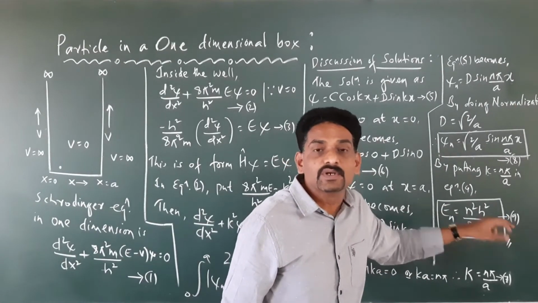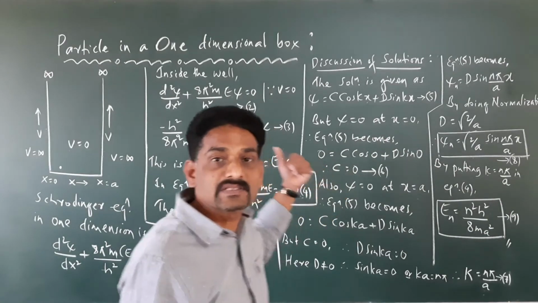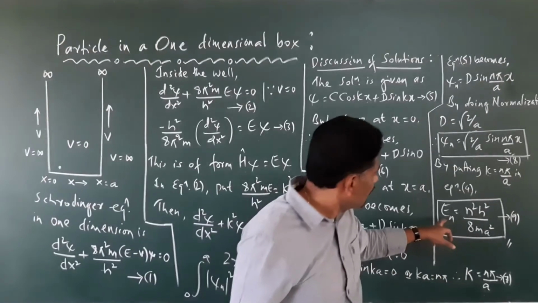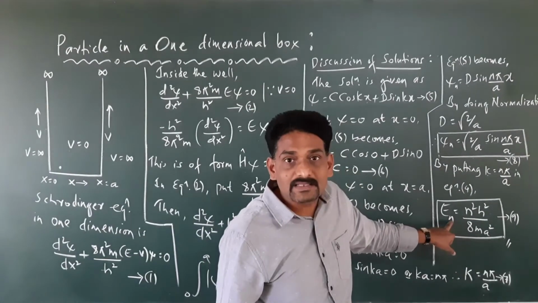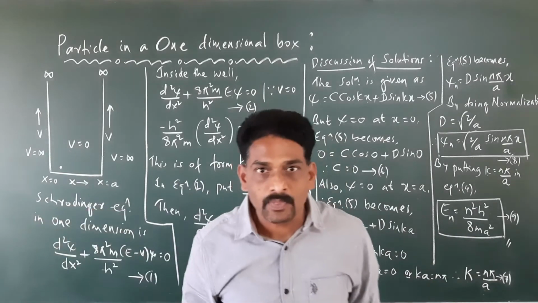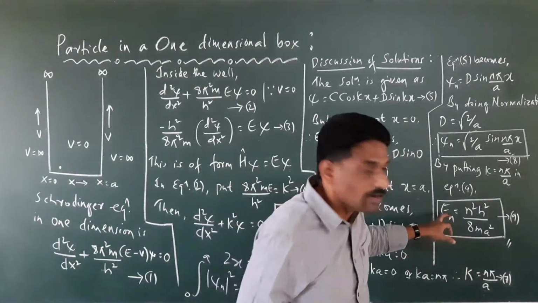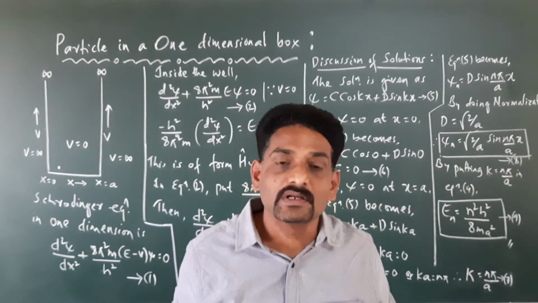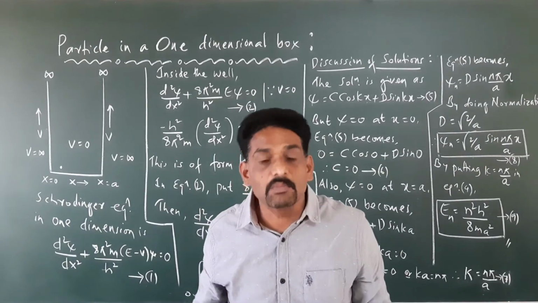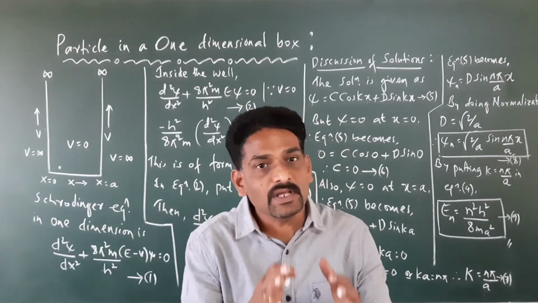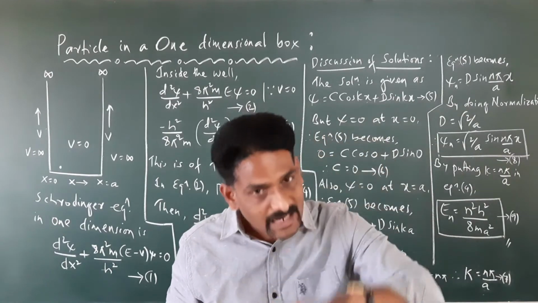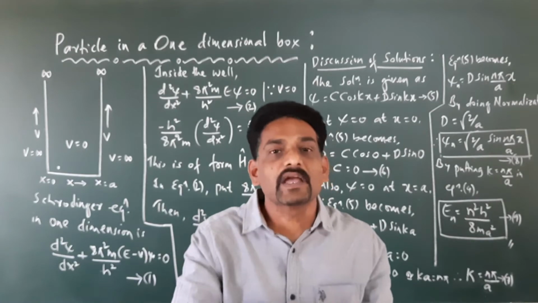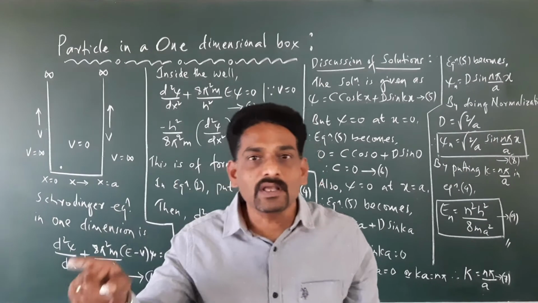This equation gives you the energy of the particle which is present in the box and which is allowed to move in only one direction. Again, n can take the value of 0, 1, 2, 3, and so on. That is, there are going to be n number of wave functions and n number of energy values. But all of them are not eigenfunctions. Only that function which satisfies all those conditions will be taken as an eigenfunction. Corresponding to that eigenfunction, there is going to be a corresponding eigenvalue.